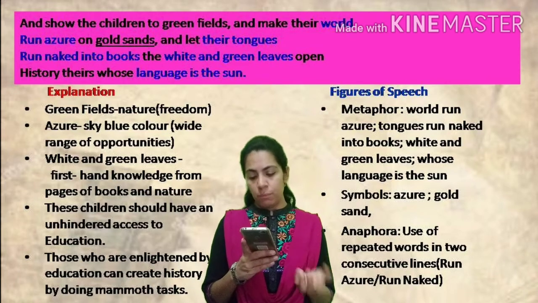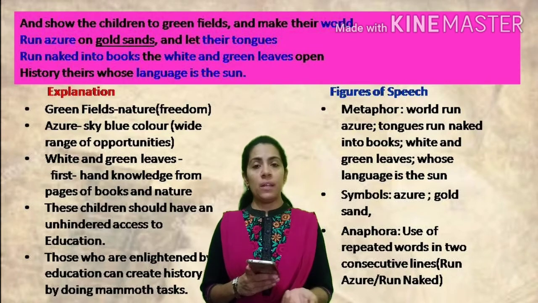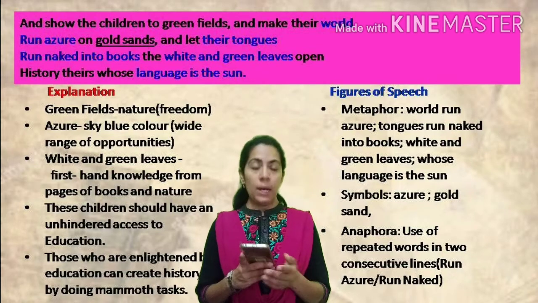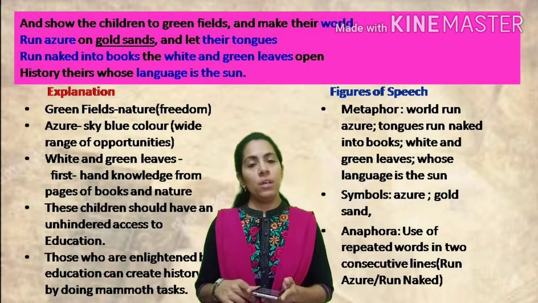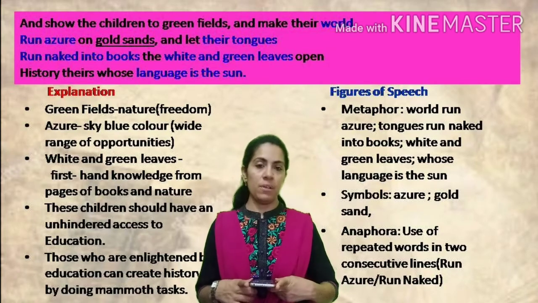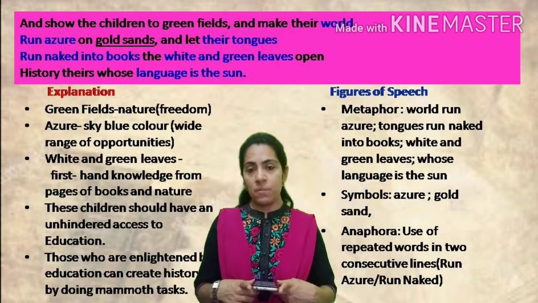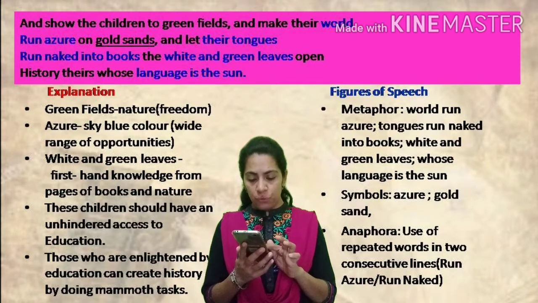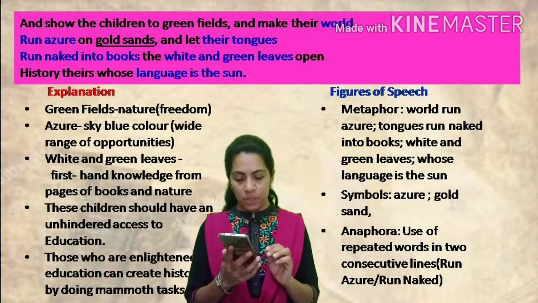And the poet feels that these children should have unhindered access to education, and they should be given equal opportunities of education as well as the basic necessities also. And the figures of speech, I think most of them we have discussed in these lines, and